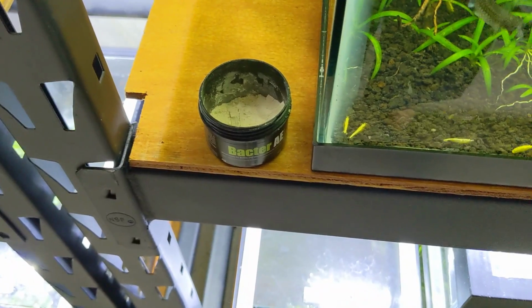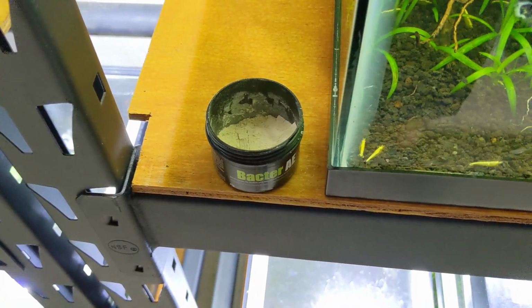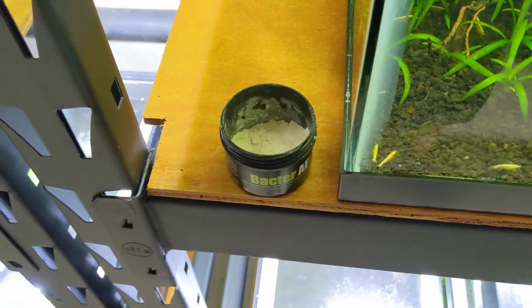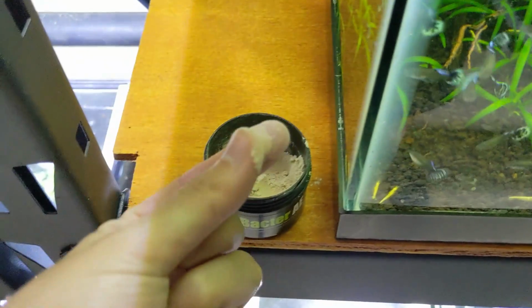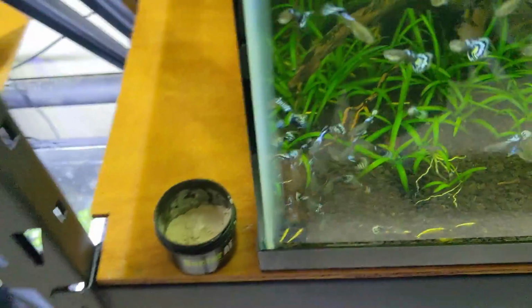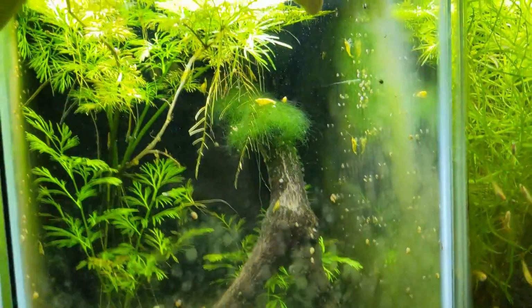Figured I'd show the Bacter AE because I didn't even know what this was when I ordered it. Rob at Flip Aquatics said that this is what he feeds his shrimp, so I figured, it works for him, so it'll probably work for me. It's just a powder, and you could just dump it, it has a scooper in there, but the way I feed it is I just put my fingers in here,